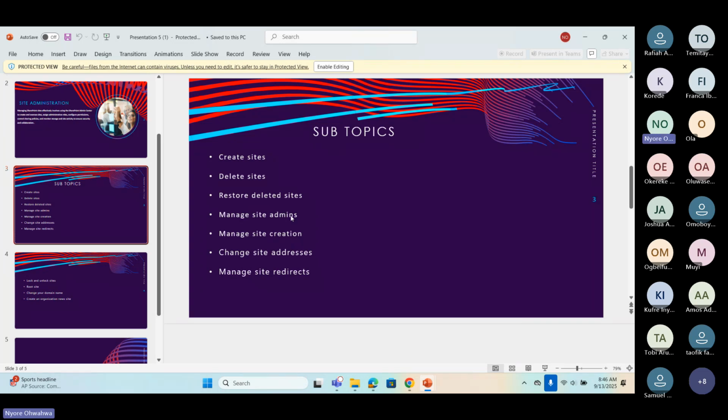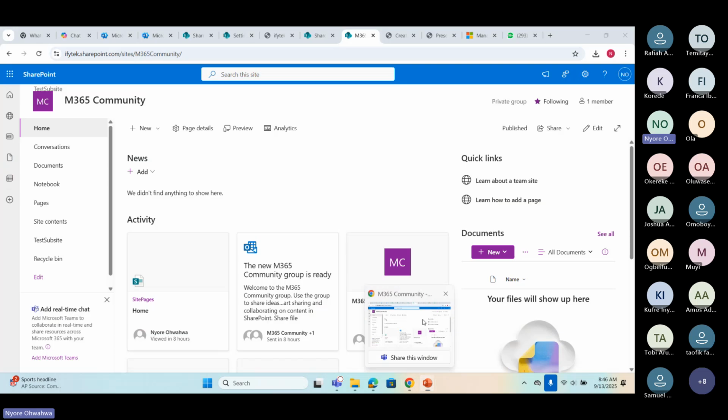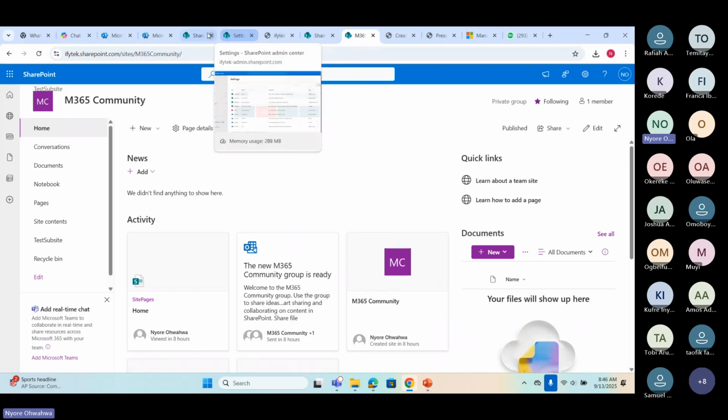Okay, so we've talked about manage site admin, manage site creations. So we're going to go ahead with changing site address, changing site names, managing site redirects. Okay, so I'm just going to go back here.